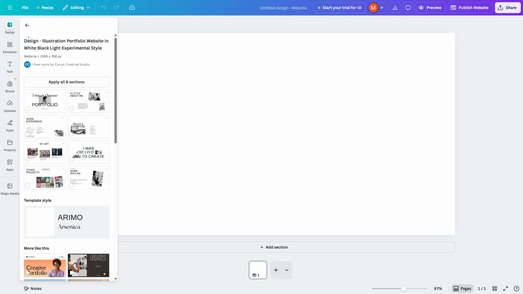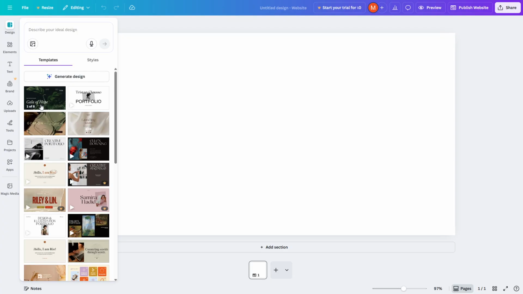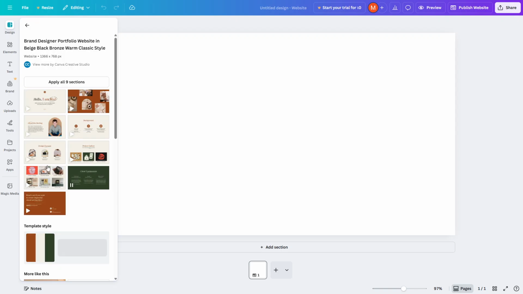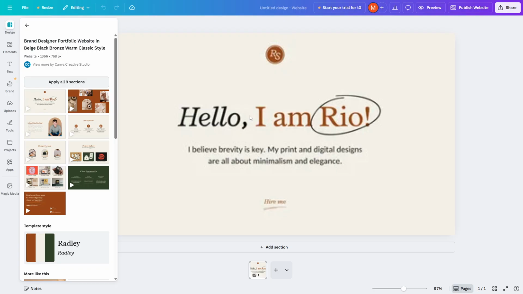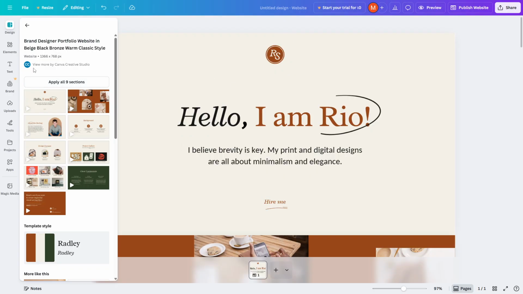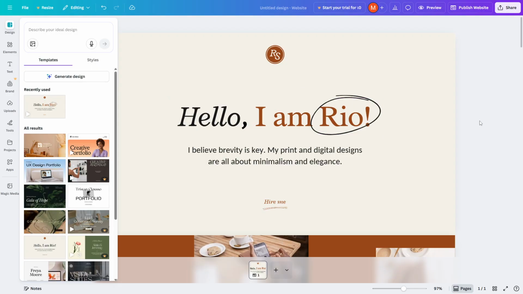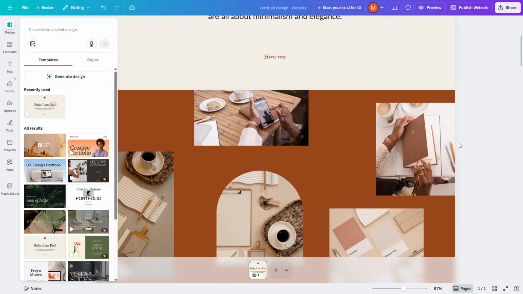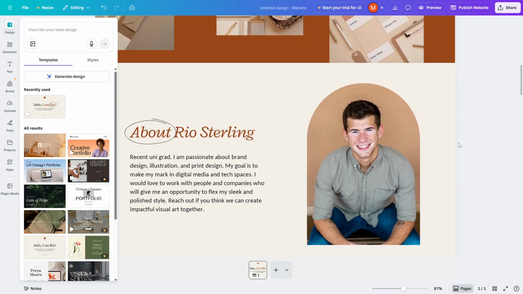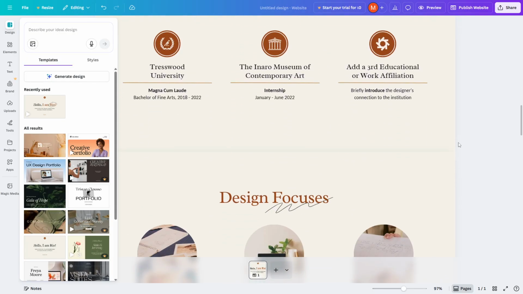Let's get started. First things first, open up Canva. If you don't already have an account, signing up is quick and free. Once you're on the homepage, type website into the search bar. This simple action will bring up a plethora of templates specifically designed for web pages. These templates are a fantastic starting point for crafting a visually stunning website, complete with all the components you might